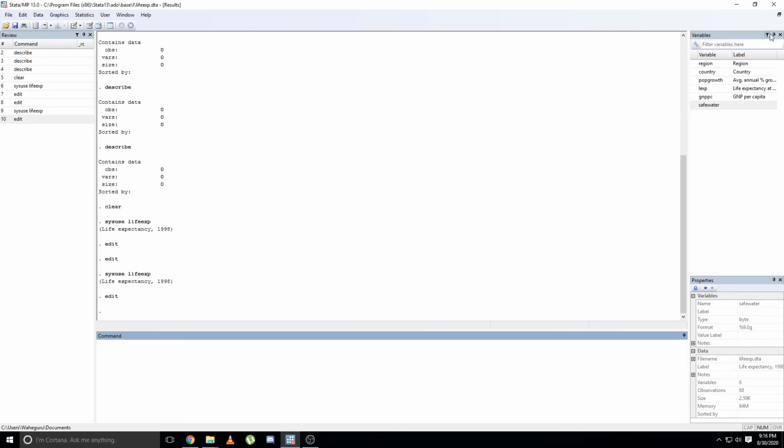You can type in a search term, type the word annual, and it shows population growth, because the word annual is in the label of the variable. This concludes the Stata introduction tutorial.